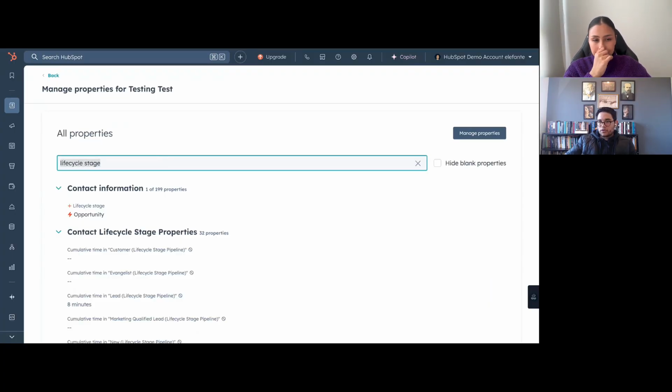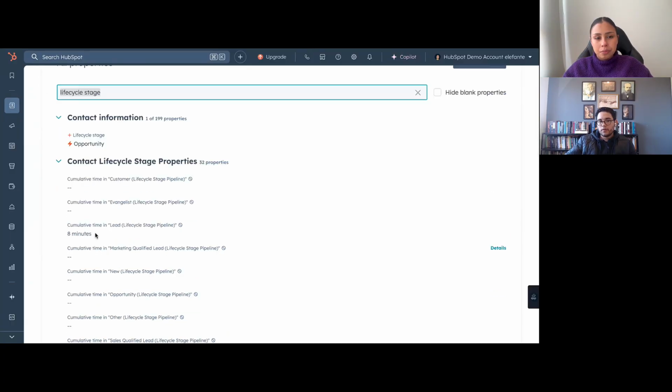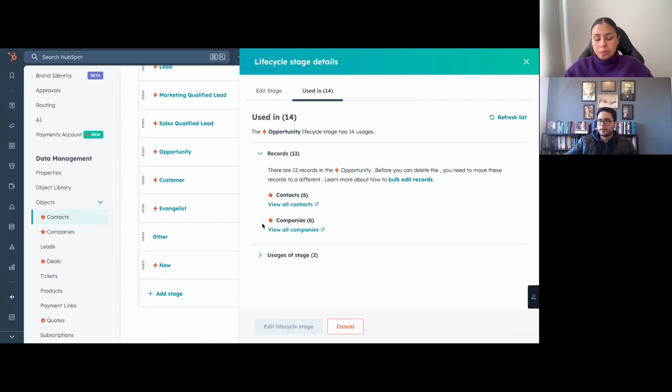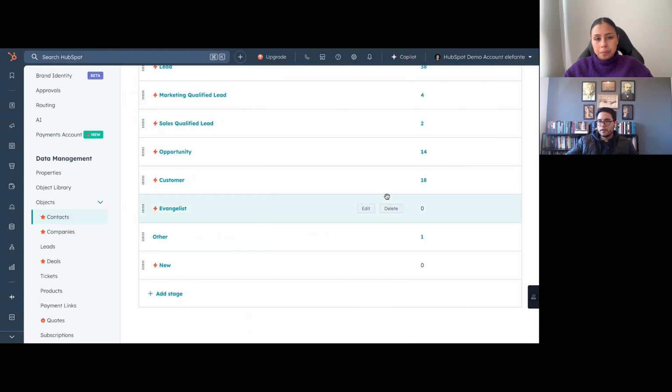So yeah, anytime you delete a life cycle or create a life cycle, HubSpot will delete these fields, these properties, or create new properties. So be careful. It's important. And then, in my opinion,